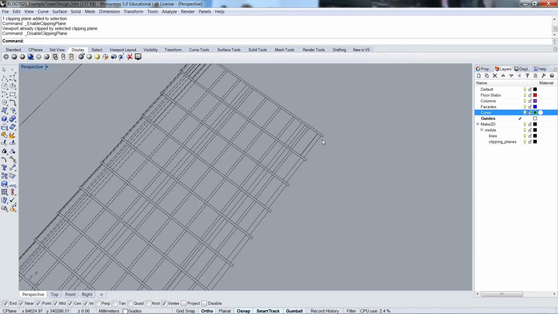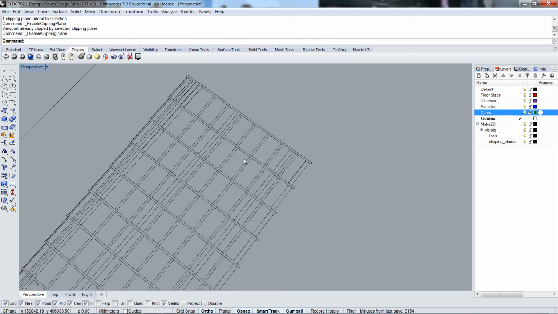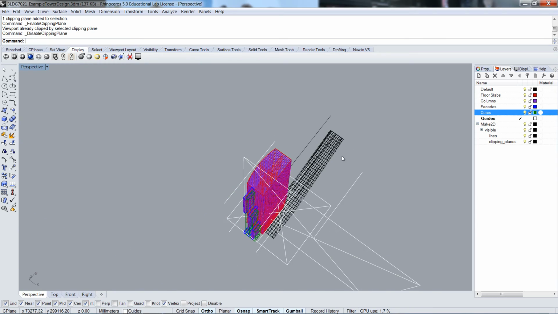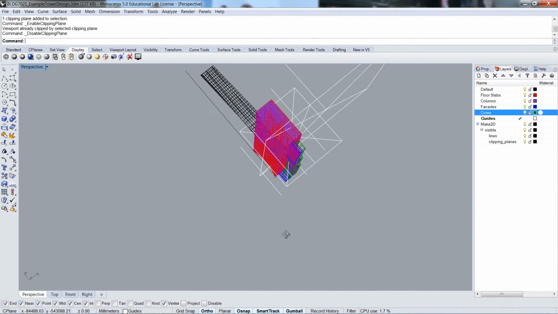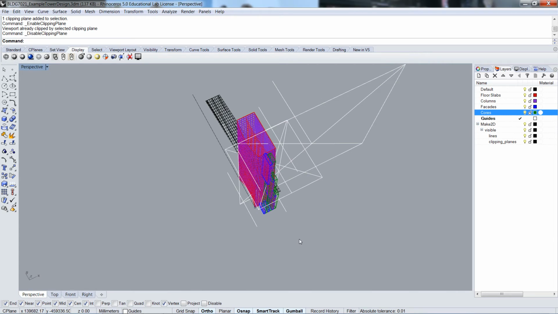Now there's a bit of work to be done to interpret all of this information, and Rhino is probably not the best program to do that in, and it would be wise to then export this, bring it into Illustrator or AutoCAD or ArchiCAD, whatever you like, to then start improving the quality of the drawing. But you note though, it hasn't actually clipped through the mesh, so it won't actually pick up the mesh in a Make 2D. It's just the sort of nature of the geometry. So I'm going to undo